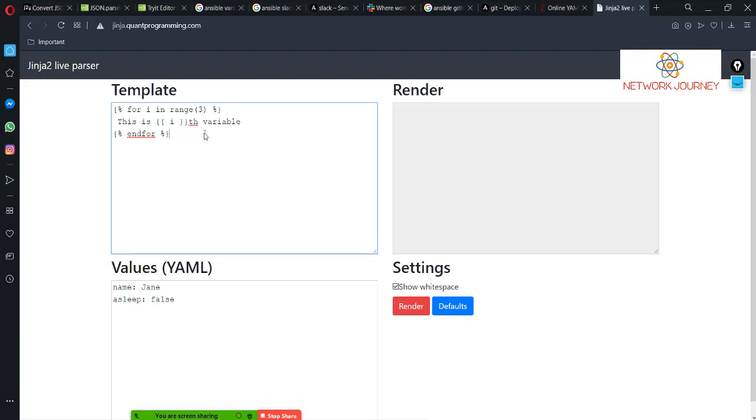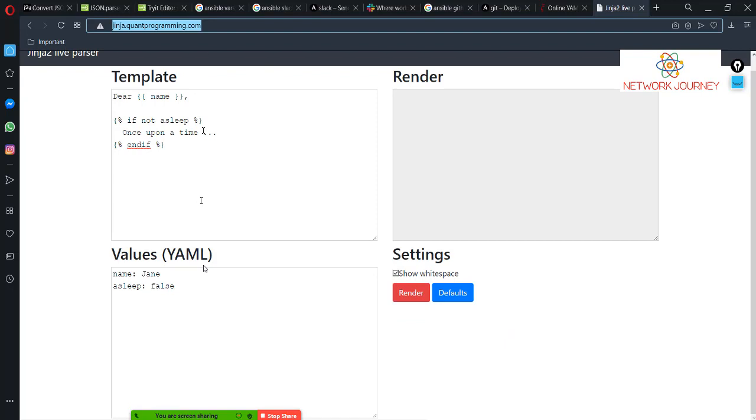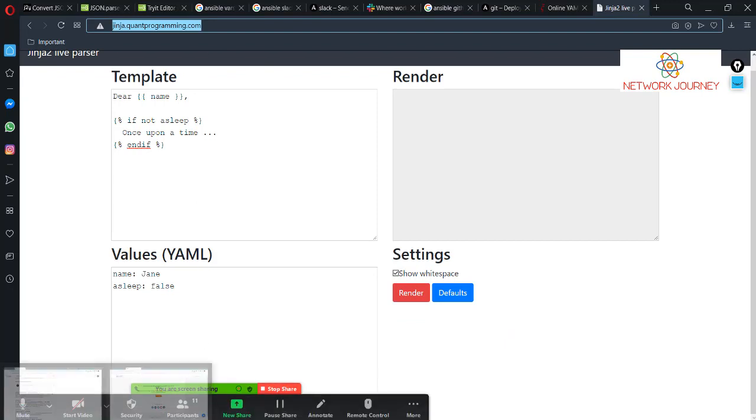For i in range. Okay, let me make use of this in some other tool.